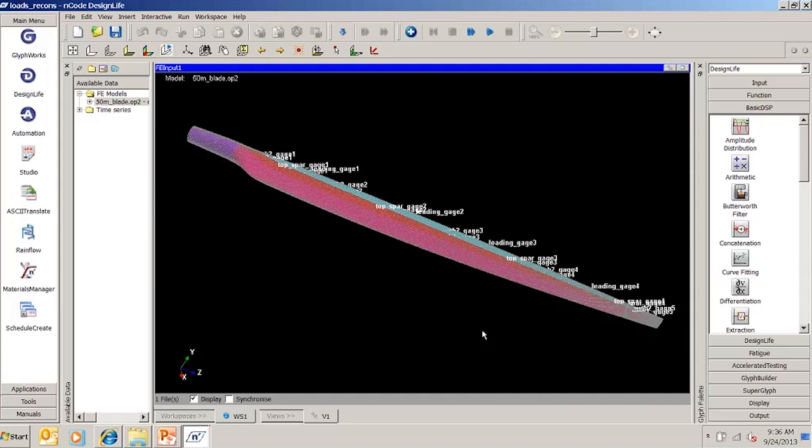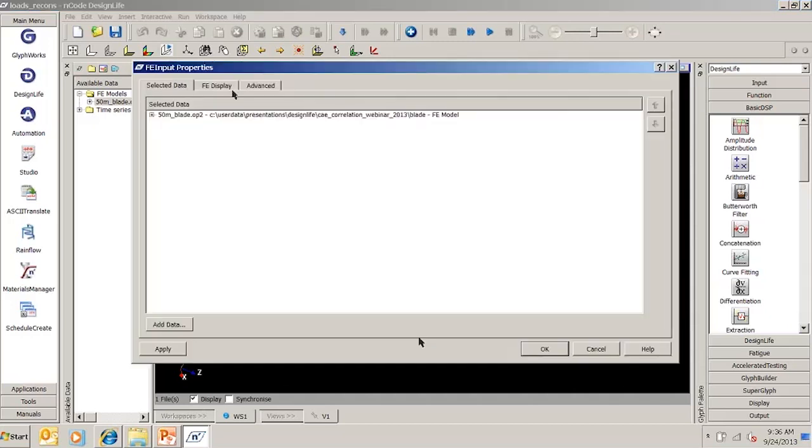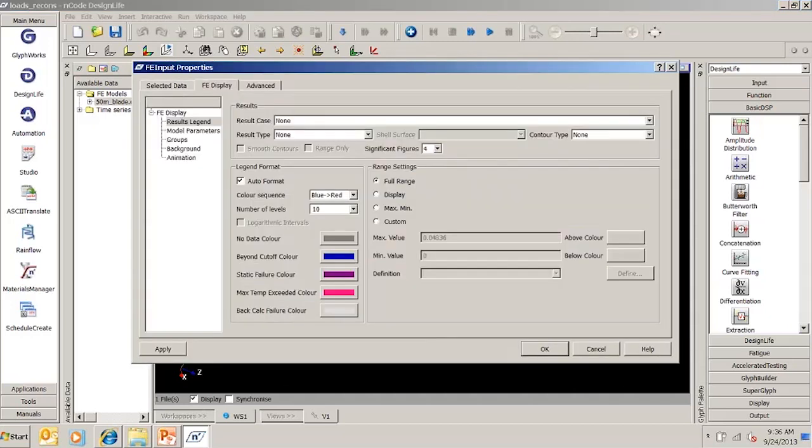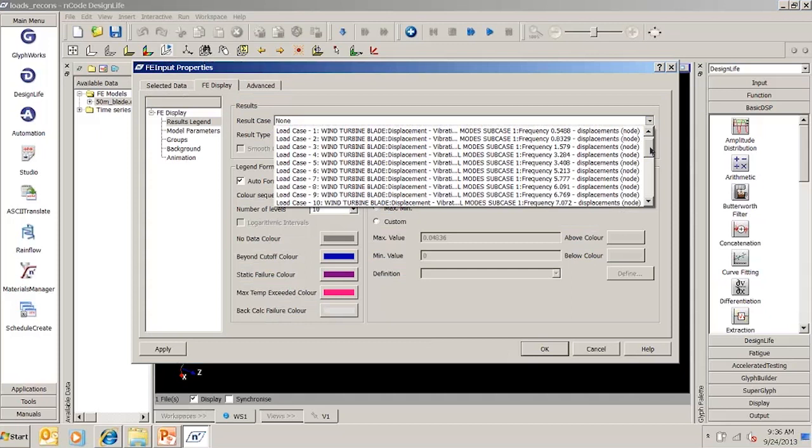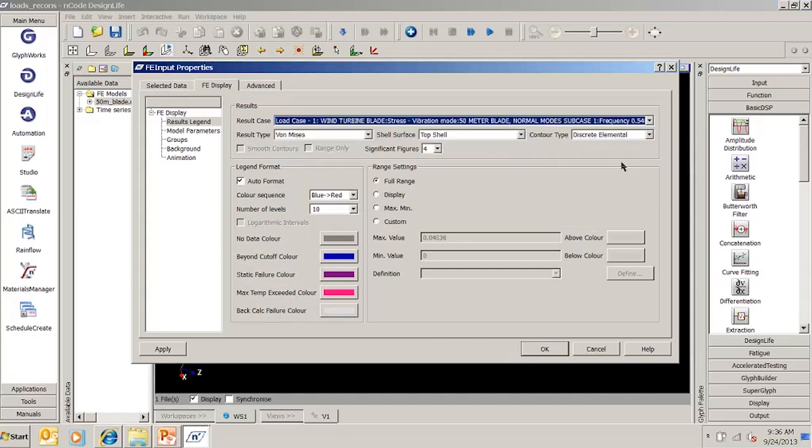You'll notice the color specification here is showing different ply configurations that are on this blade. And then the analysis for this was a modal analysis. And so if I go in and look at one of these modes,